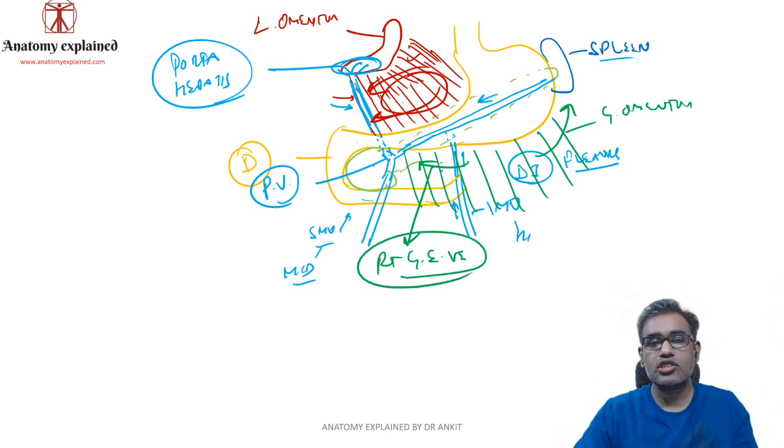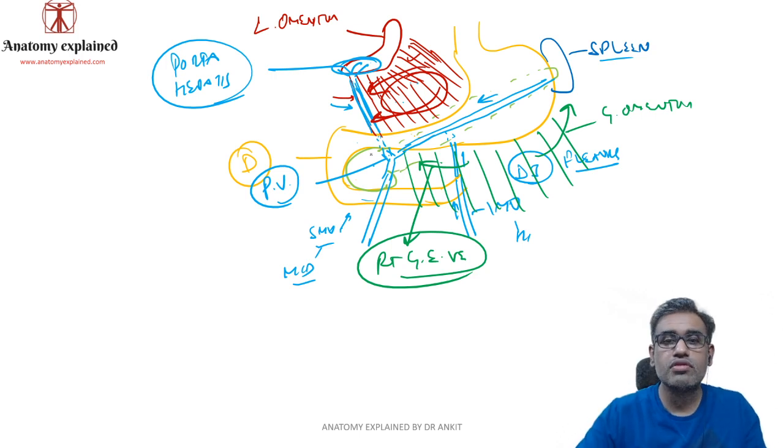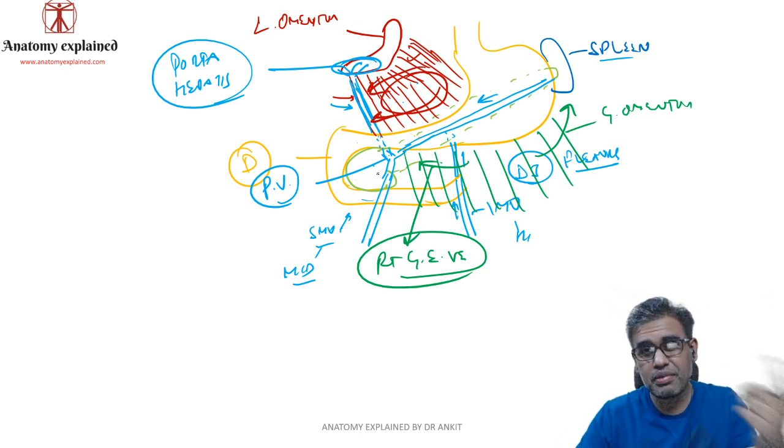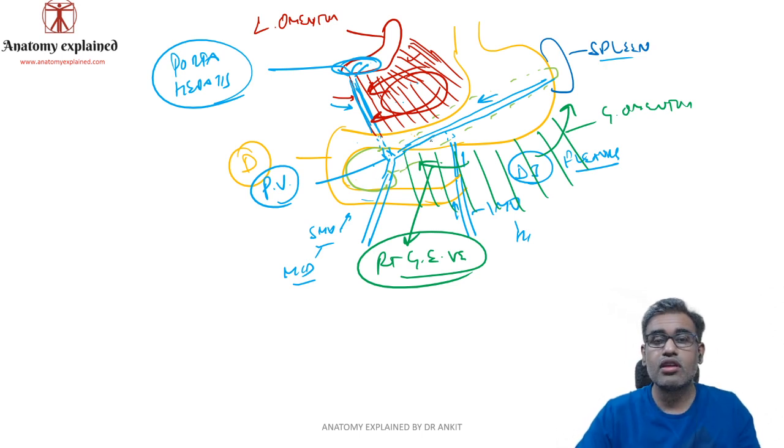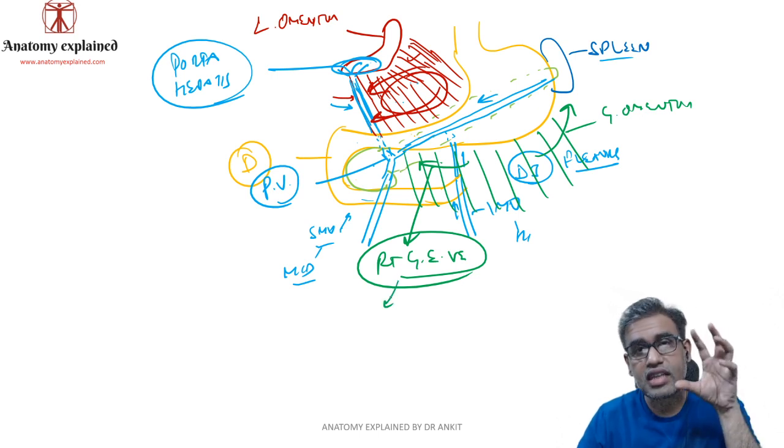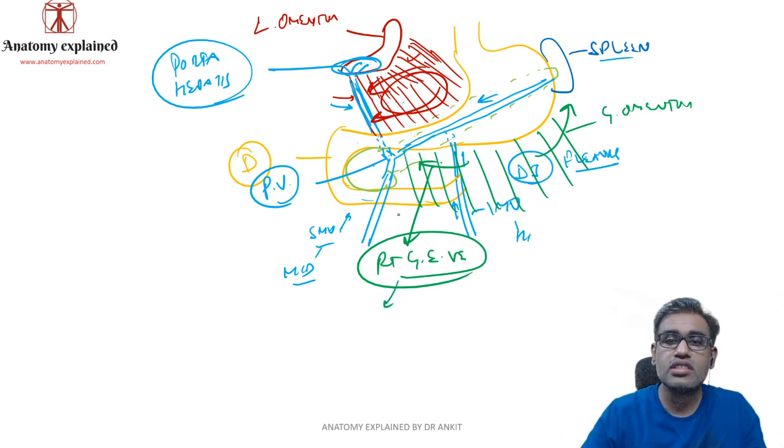It should drain into a vein which is more anterior, or which is lying close to it. Out of these veins, the portal vein is found behind the pancreas. But before the portal vein, you have the splenic vein, but the splenic vein is also behind the pancreas. This right gastroepiploic vein is where? Inside the greater omentum. So which vein should it enter?